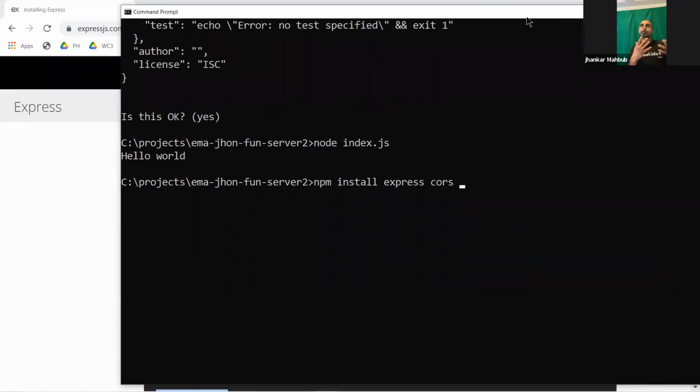Then whenever you are sending requests from the client side, that means you are sending some kind of data, like logging into Facebook with an email ID and password, those are encrypted and sent to the server, and the server needs to parse that data to extract it. That's why you need something called body-parser.